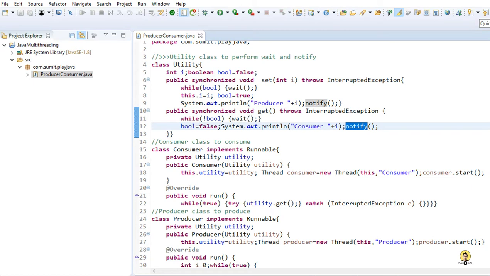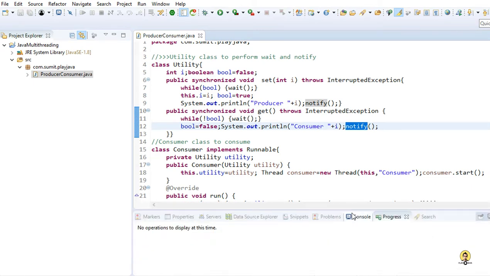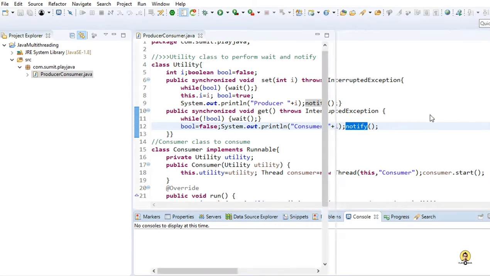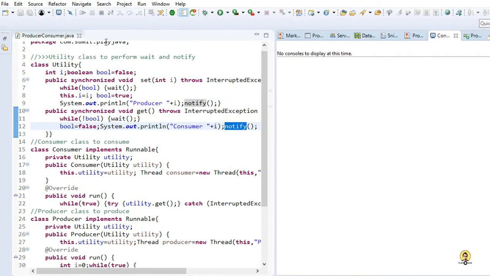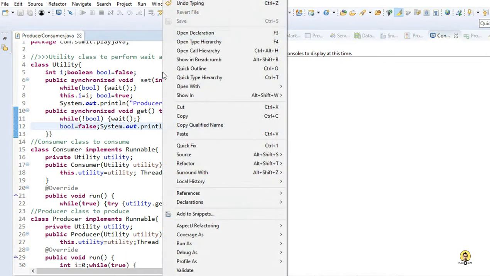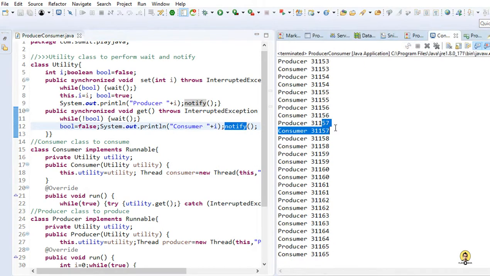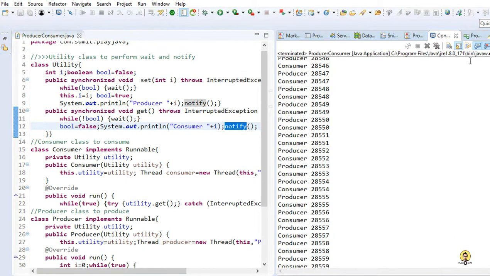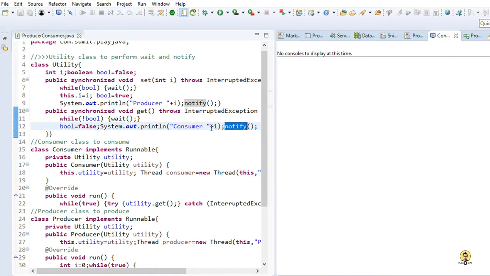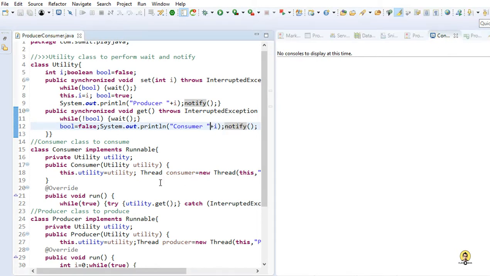So let's open the console, and let me drag and drop it here so that it will be more visible. Now let me minimize this and right click on it and run as Java application. Since it has a main method, it will just start running. See, it has already started, and let me stop this. As you can see, we are not applying Thread.sleep, so it has gone to more than 30,000 data values. So I am going to provide Thread.sleep so that it will be more visible, where we are getting and where we are setting.